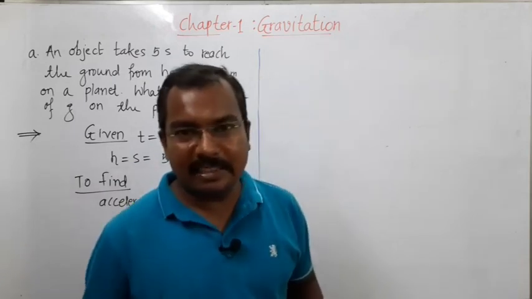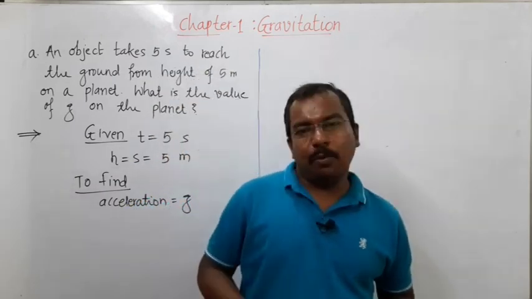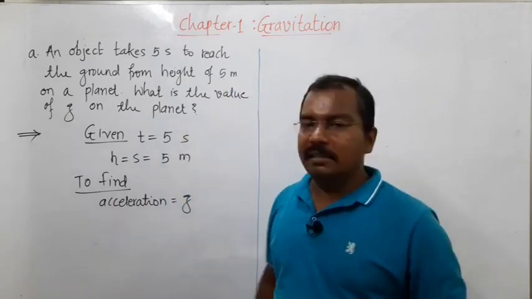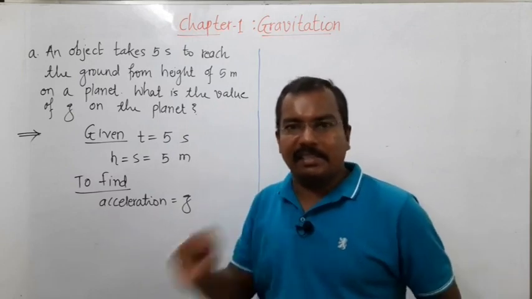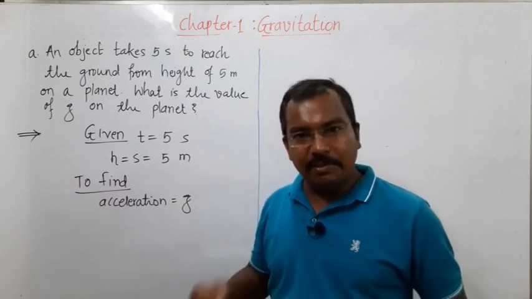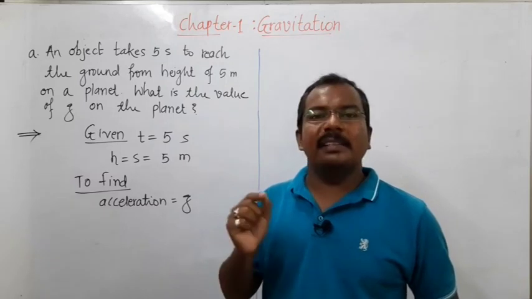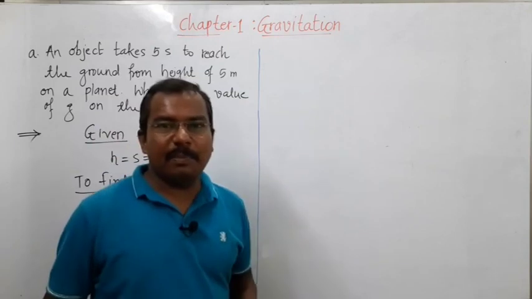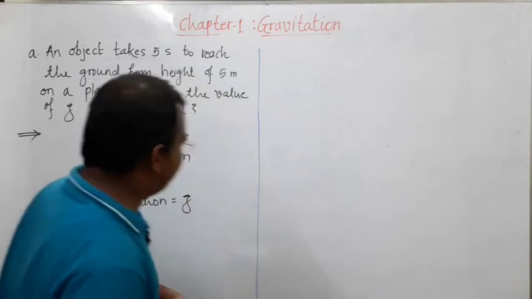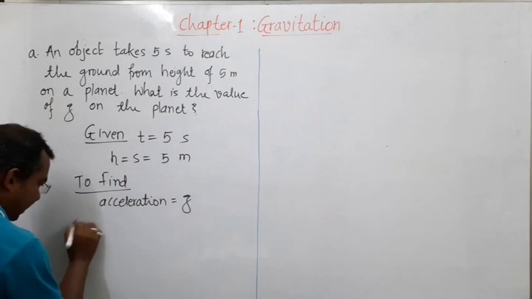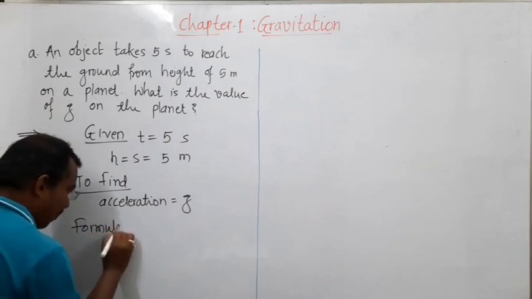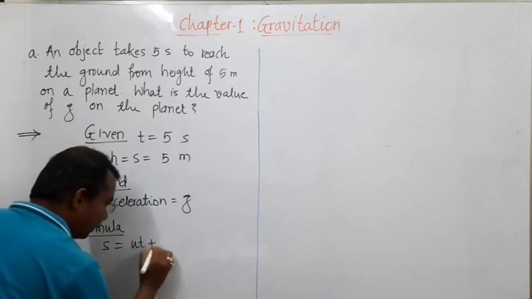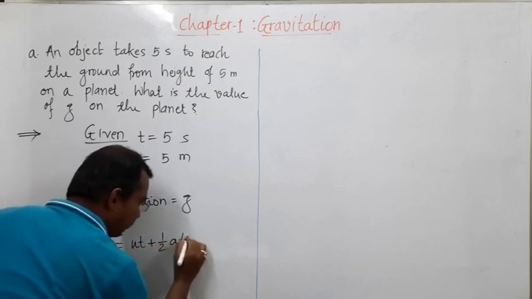So we want to calculate g. s is given, t is given. So what should be the formula? We studied about the acceleration, the time and the displacement or the distance covered by the object, and it gives us Newton's second kinematical equation, that is s is equal to ut plus half at square. Correct? So I will write the formula here: s = ut + 1/2 at^2.